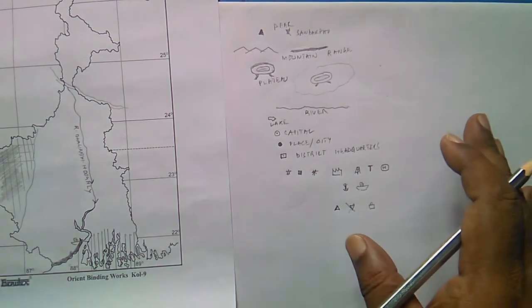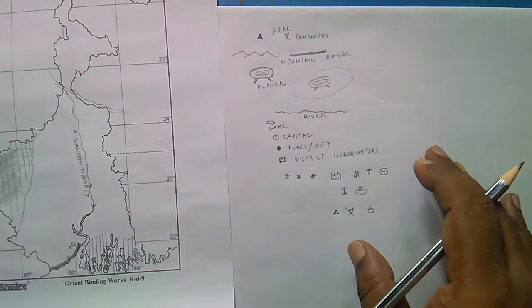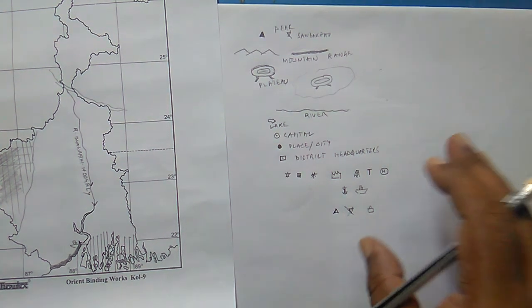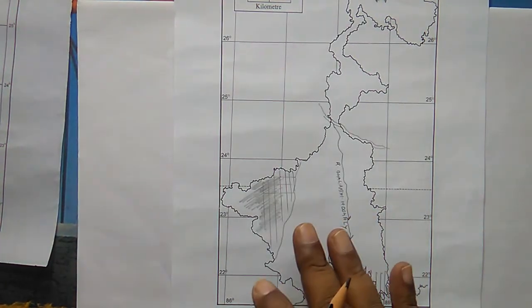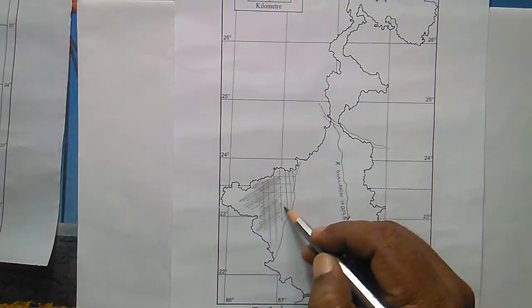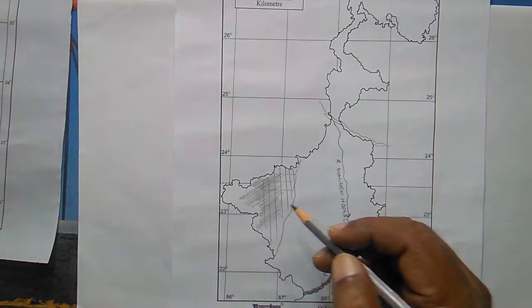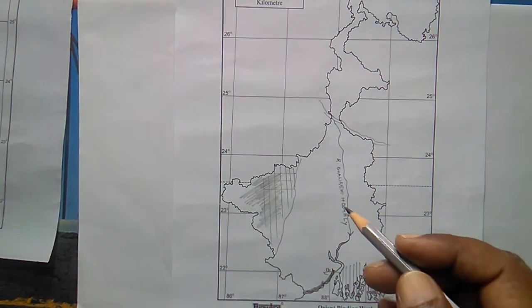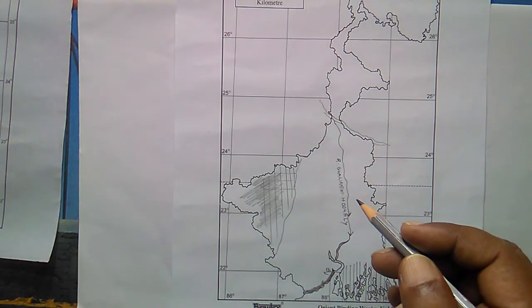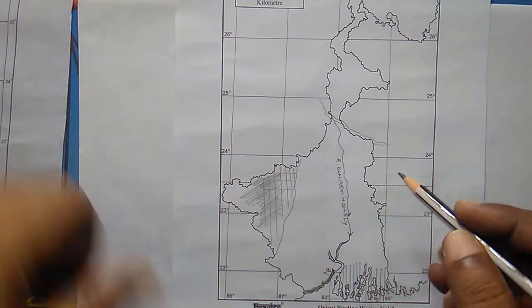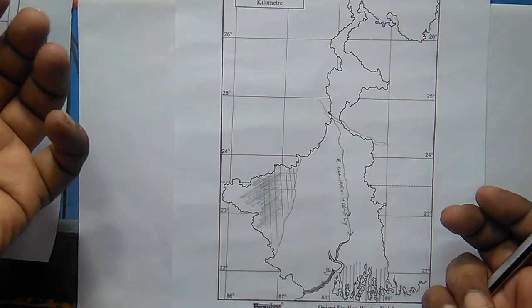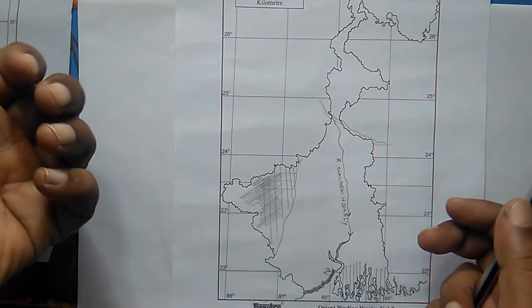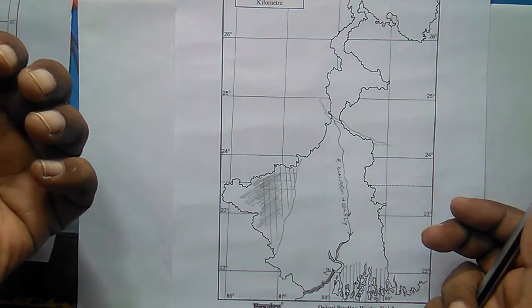Now these were some of the basic rules that you need to follow while doing the map pointing. And one more thing, keep in mind that it always has to be very neat and clean. Here it looks quite ugly. It should not be like that. Now, one more thing. For attaining perfection in map pointing, obviously, practice makes the man perfect. The more you practice, the more perfection you will get.